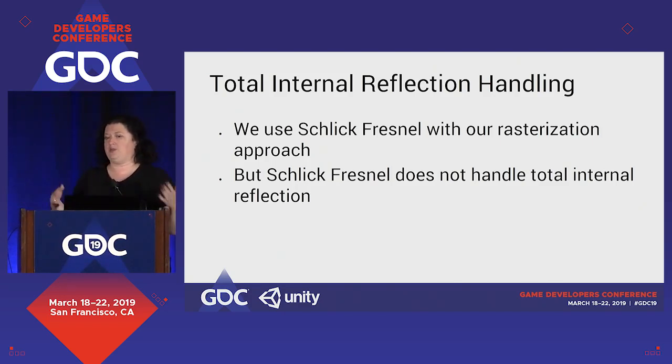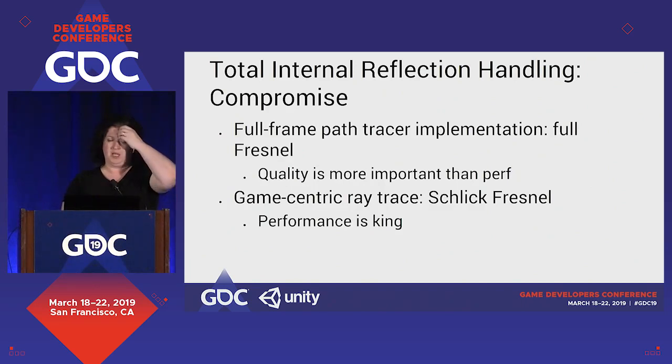True Fresnel is something that we use for the full, expensive, glorious frame path tracer. But for our pipeline with a more game-oriented rendering for the live, we actually can't represent it in the PBR. So we pre-integrate the cube map, you remember the HDRI cube map that I mentioned in the light evaluation, based on the fact that it's Schlick. And that's the reason I mentioned earlier that if we're doing the full path tracer, we need to do proper evaluation, because that's where we need to go back to the Fresnel in order to handle the total internal reflection. Of course, that will come with significantly more performance cost.